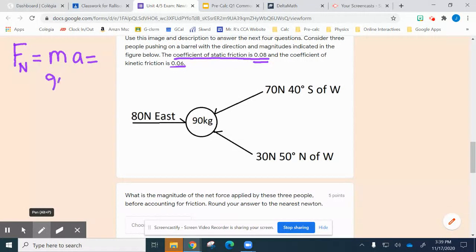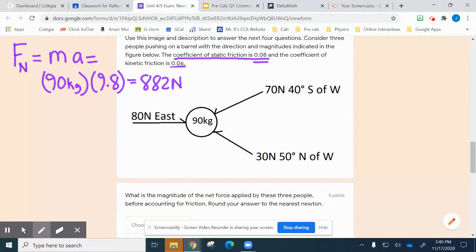So it's going to be 90 kilograms times the acceleration due to gravity, 9.8, which is also newtons per kilogram if you want to talk about the force. So 90 times 9.8. So that equals 882 newtons of normal force, of pressure, of force between this barrel sitting on the